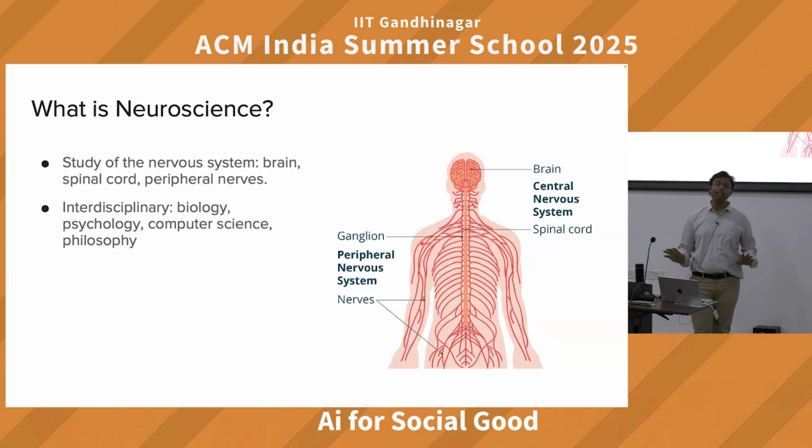Neuroscience is a highly interdisciplinary field: biology, psychology, computer science, philosophy. I myself was a computer science major, and I wanted to study the brain. I was in ACM for a while. I was like, bahut ho gaya. I want to understand the brain now. So it's been 10 years in neuroscience, and it is fun. My work is very computational, but I also appreciate the biology.